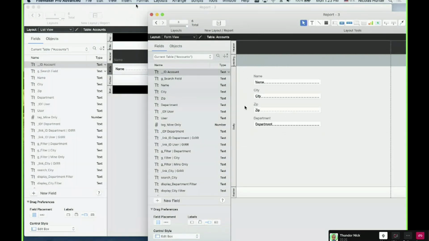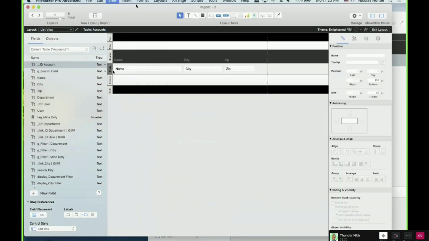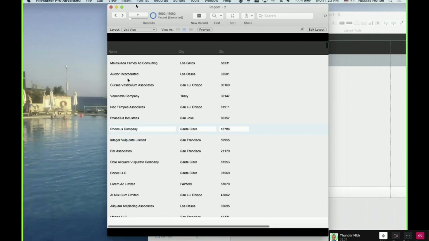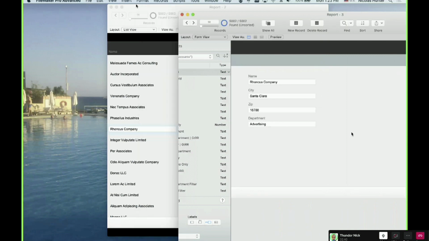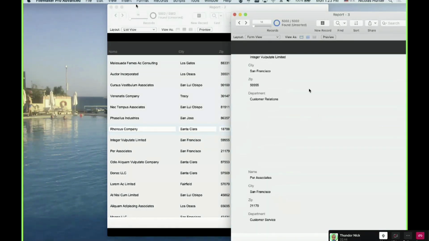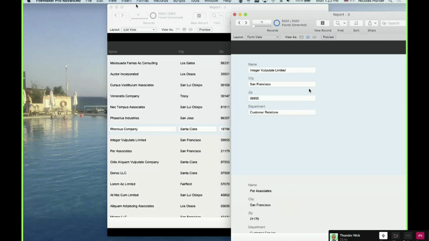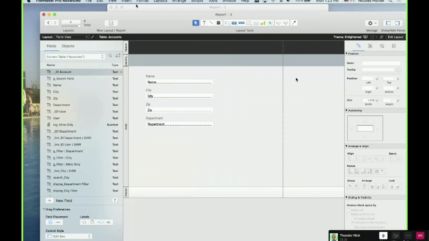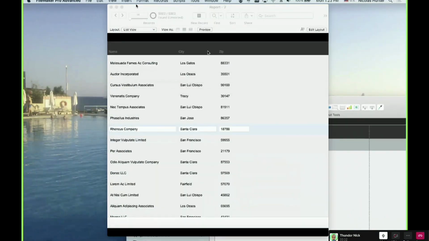Here I have a big body, here I have a small body. That's why here I can display multiple records at a time, whereas here I could display multiple records too, but much fewer, because the body is much taller. So far so good. I just want to make sure that you understand the difference here.